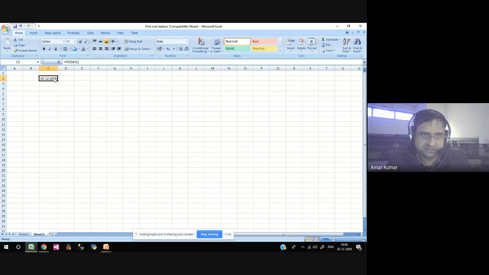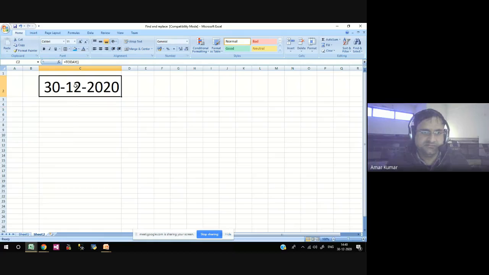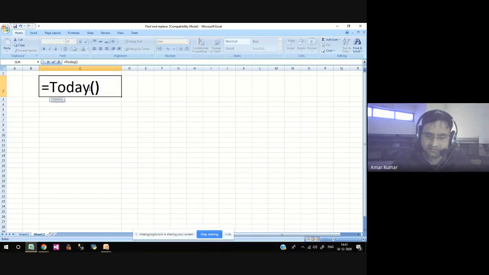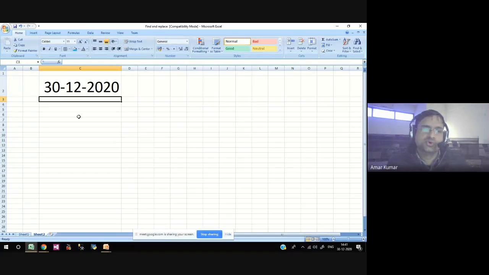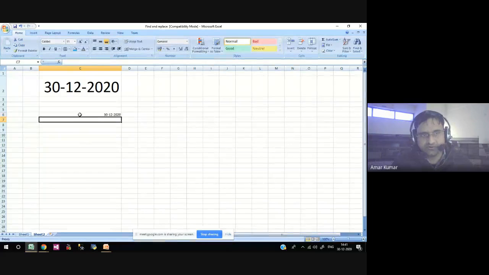Wait, just let me have some enlarged part so that it must be easily visible. So what I have inserted in this cell is equal to TODAY. Yeah, today's date it will show. Wherever you want, you can just put is equal to TODAY. If you don't know the date today, you can put it over there and you will get today's date. Now the next is,